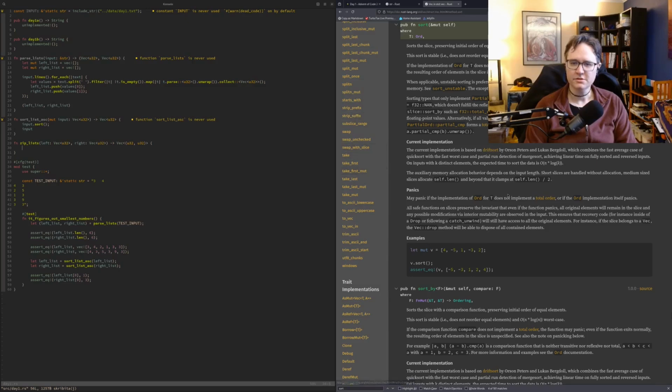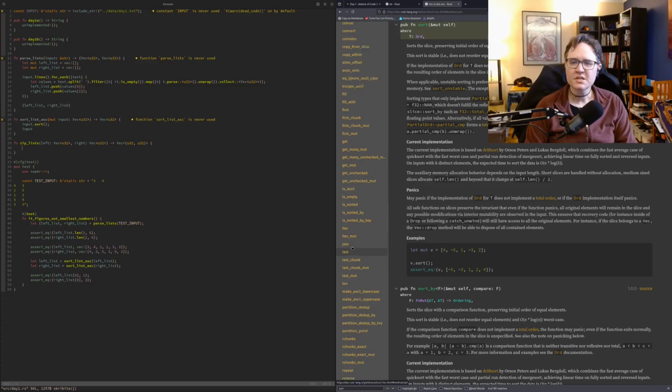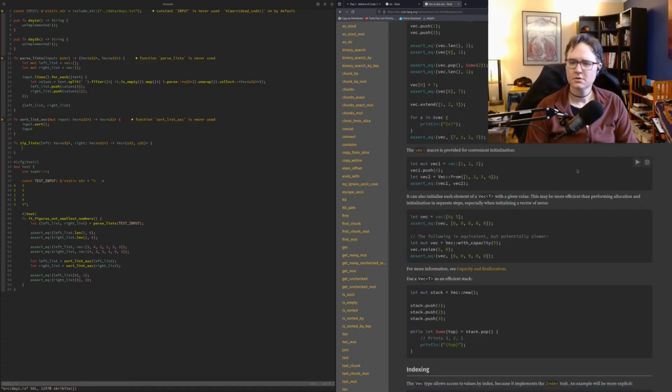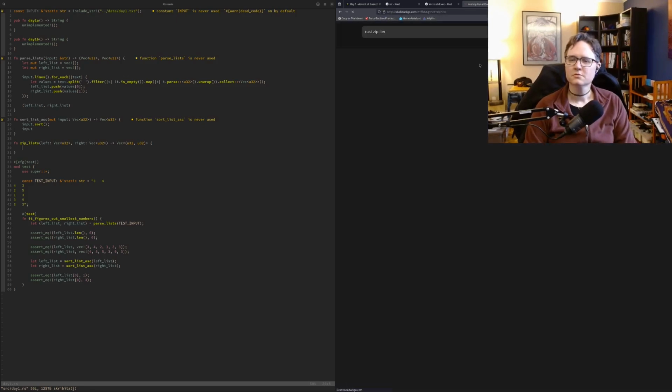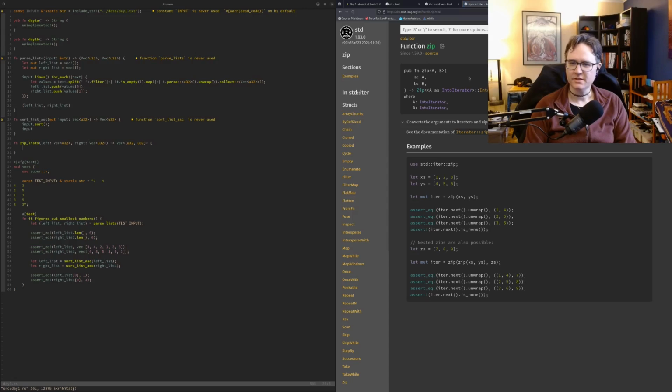I think there is. That might be in the iterators. Rust zip. It's in std::iter. Okay.